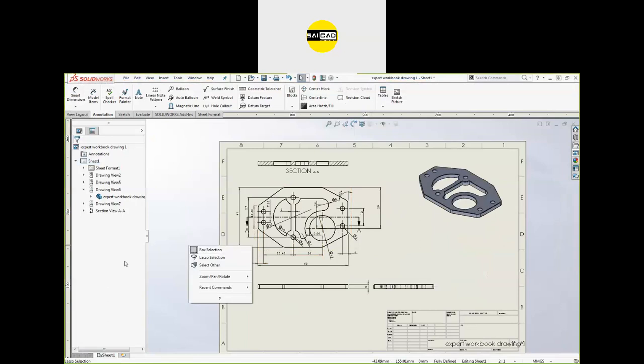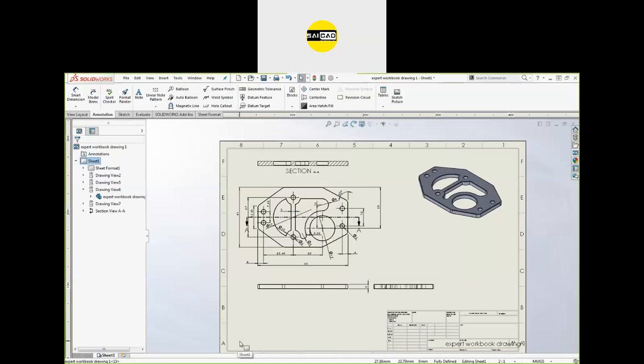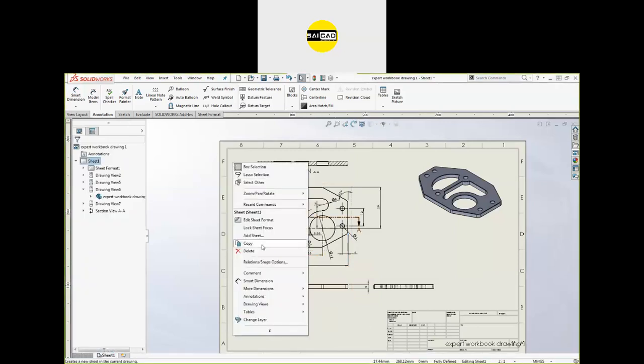So right click, and there is the option for the layer. It's the change layer. Select that, select the object you want to convert to a different layer. Just click down and the change layer option is here.